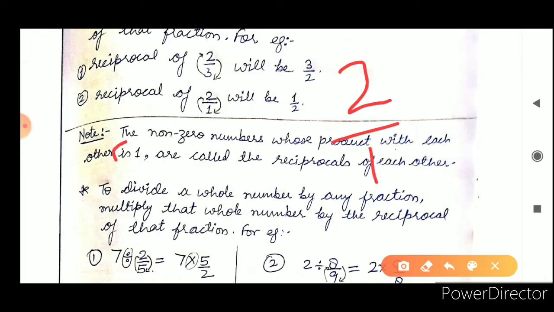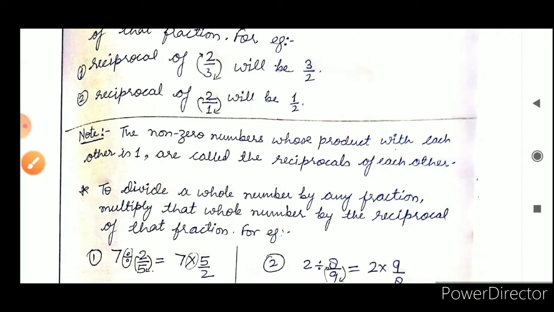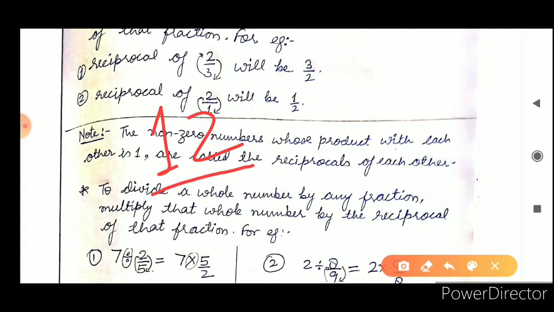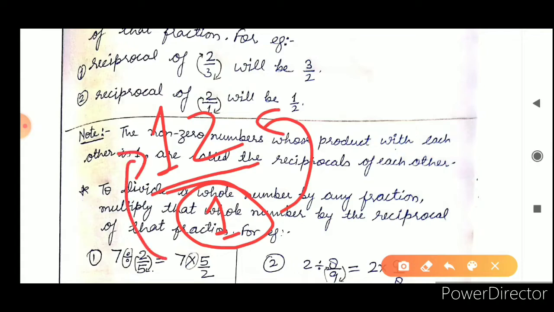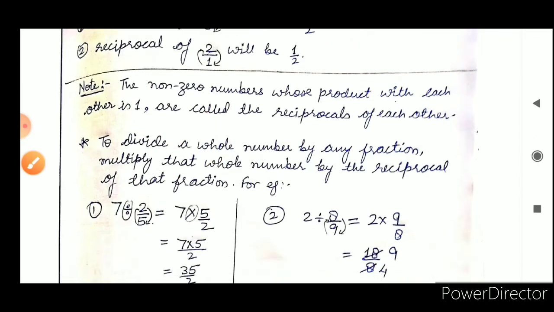Suppose any whole number is given. Suppose I take 12 as a whole number, and we need to find its reciprocal. Students get confused about what will be in the denominator, because 12 is a whole number. That means the whole part is given, so 1 will always be in the denominator. So its reciprocal will be, replace the numerator by the denominator and the denominator by the numerator, 1 by 12. In the same way we have done another part also.